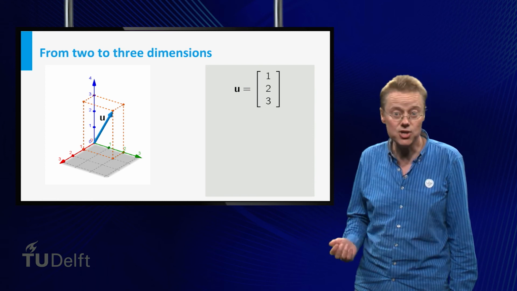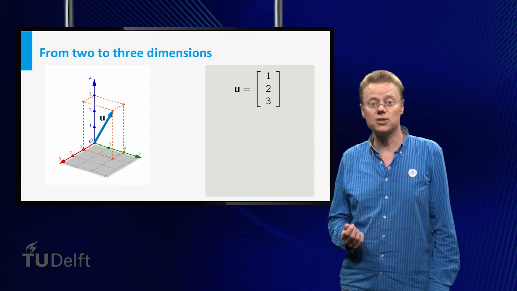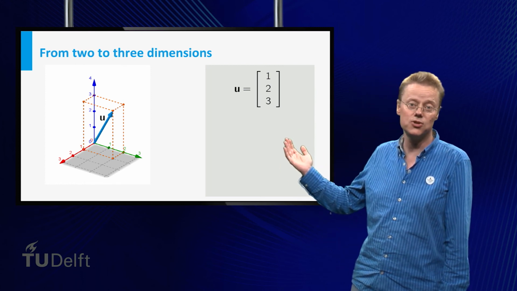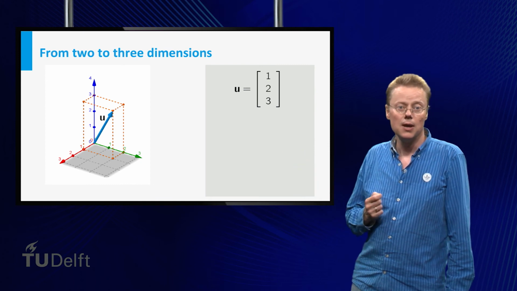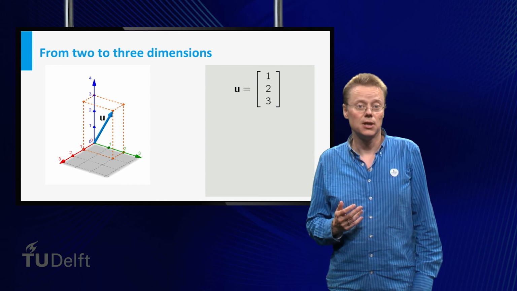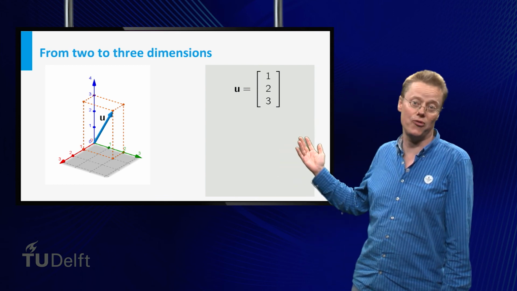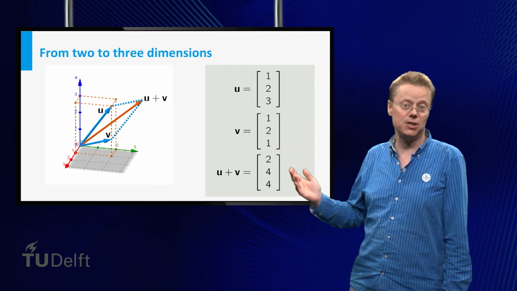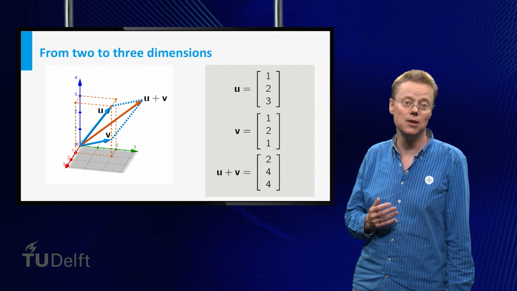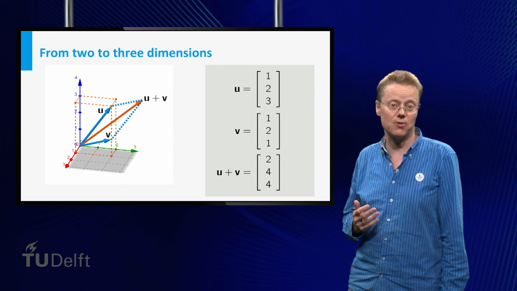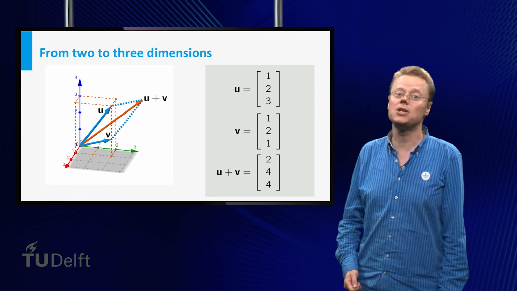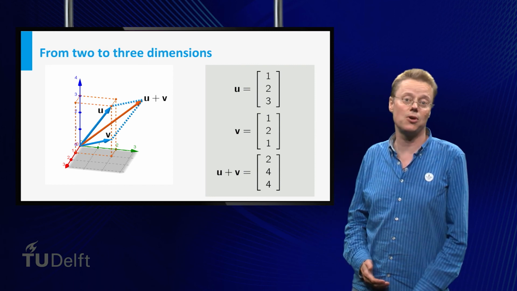A vector has a direction and a length. It can be represented by an arrow. Here you see the vector with endpoint (1, 2, 3). Adding the vector (1, 2, 1) leads to the vector (2, 4, 4). This can be seen by moving the second vector's tail to the first vector's head and traveling along the connected arrows. Alternatively, the sum of u and v can be easily obtained by adding just the components of the vectors.